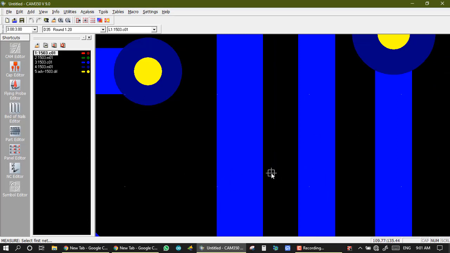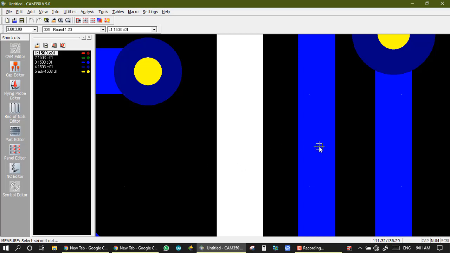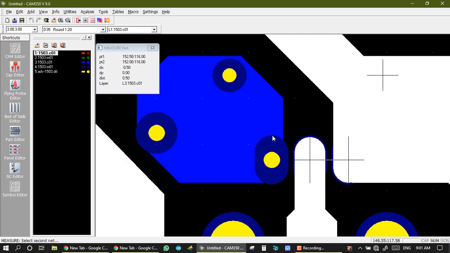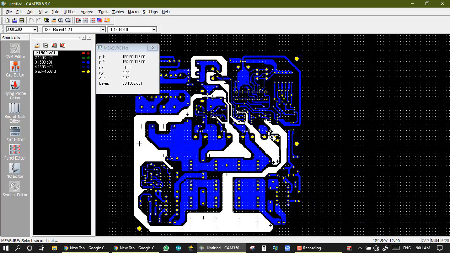I don't know the distance between these two nets. At that time we use this function to measure the distance between net to net. So I select one net and select the second net. So this is my net to net, and the dx dy distance is 0.5. So half a mm is my distance between net to net.